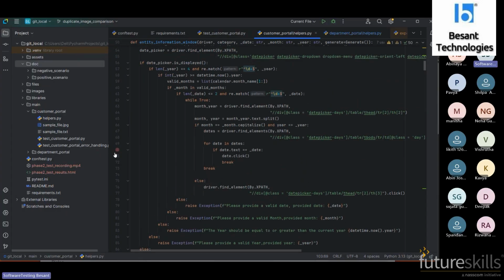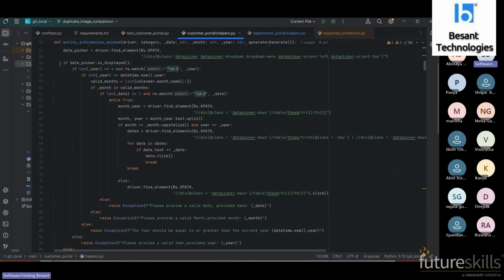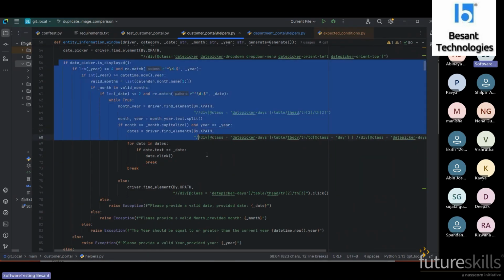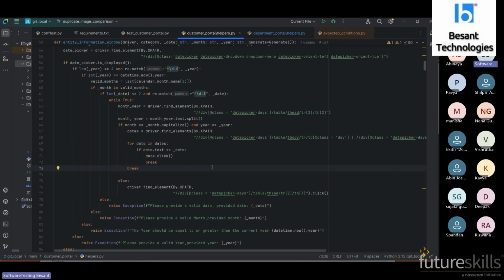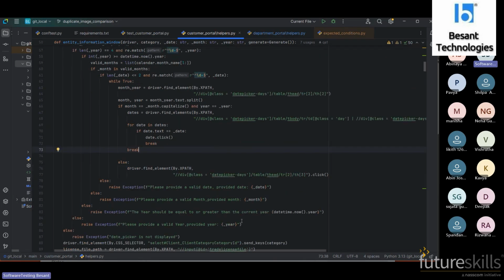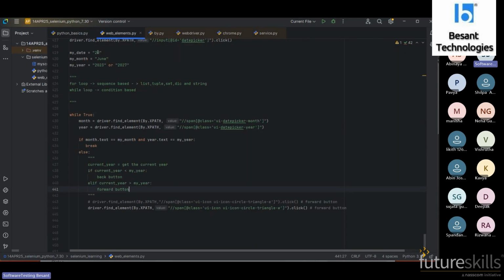See, this is one of the programs which I made. It is kind of a date picker. It is a real-time program I have implemented, so you are supposed to create it like this: if condition and else condition. There are also some formats. We have to check because we are not sure how the input is coming. Here the expectation is it should be 20, JUNE with the first case uppercase, and the year should be four digits, 2023.